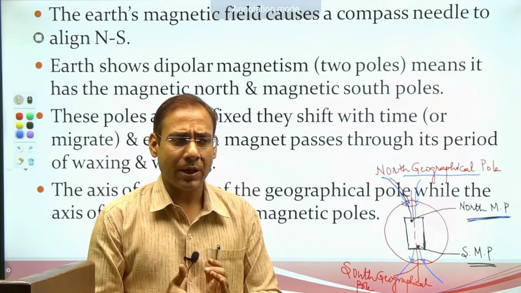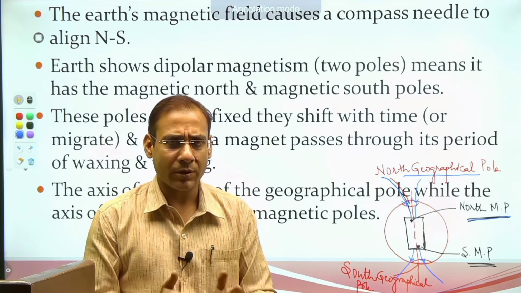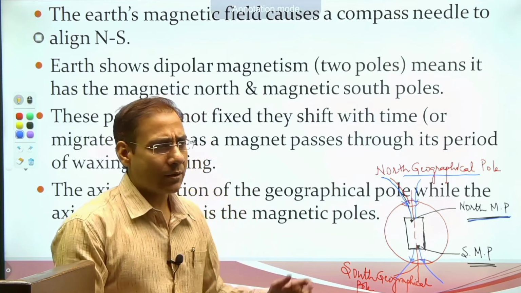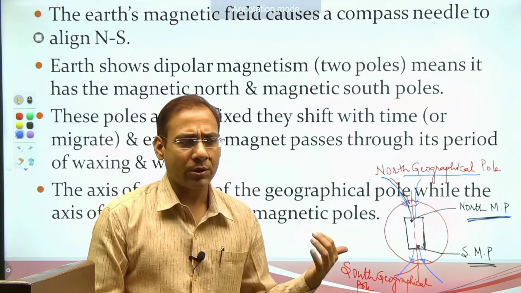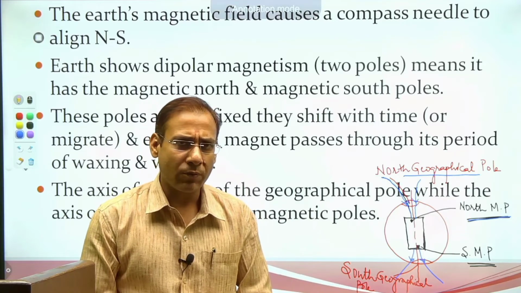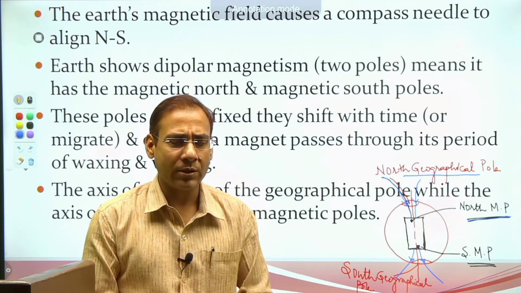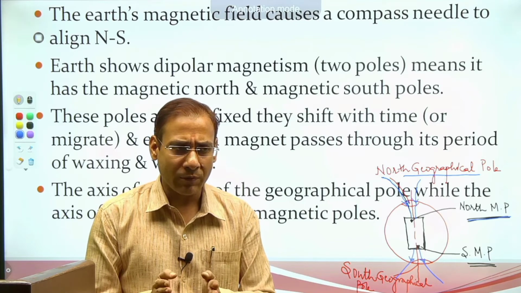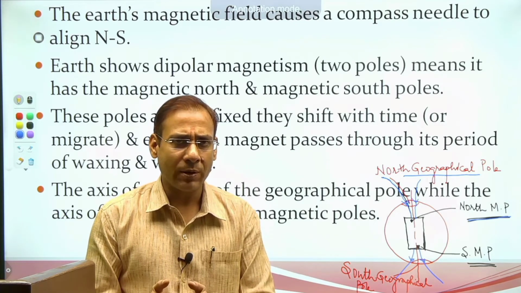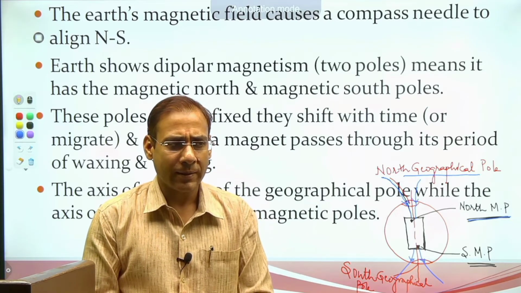इसके बारे में सबसे पहला एविडेंस अगर हम देखें लार्ज स्केल पर, सी फ्लोर स्प्रेडिंग से मिलता है। हैरी हैस का आइडिया था कि सी फ्लोर स्प्रेड करता है। फर्दर आई विल डिस्कस, दैट्स व्हाई आई एम डिस्कसिंग राइट नाउ जियोमैग्नेटिज्म बिफोर द सी फ्लोर स्प्रेडिंग आइडिया। उन्हें सी फ्लोर स्प्रेडिंग का आइडिया तब लगा जब उन्होंने पेलियोमैग्नेटिज्म स्टडी किया। उन्होंने अर्थ की मैग्नेटिक बिहेवियर को स्टडी किया, जियोमैग्नेटिज्म, और रॉक्स के अंदर जो मैग्नेटिक प्रॉपर्टी फिक्स हो जाती है, जिसे पेलियोमैग्नेटिज्म कहते हैं, उसको स्टडी किया। तब उन्हें आइडिया लगा कि यहाँ सी फ्लोर स्प्रेड कर रहा है।